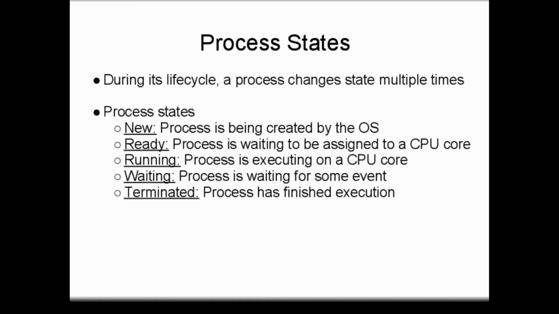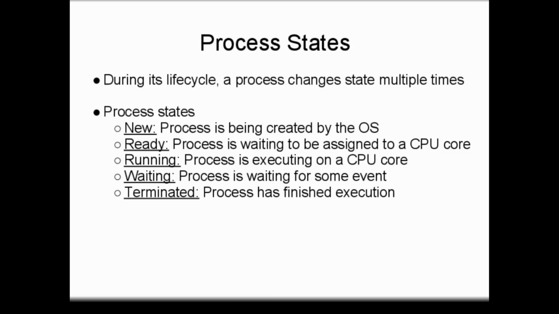During the lifetime of a process, the process moves between several states. When a process is first created, it is initially in the new state. Once creation is complete and the process is ready to run, it transitions to the ready state where it waits to be assigned to a CPU core. When the scheduler selects a ready process to run, that process is moved to the running state and is given